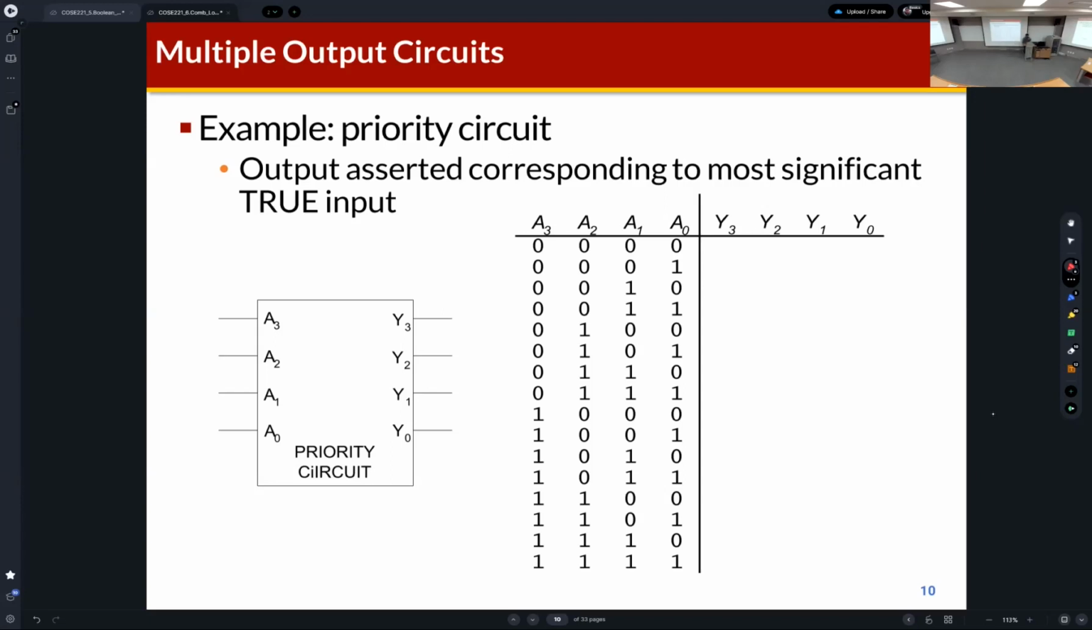Actually, Y3 represents that if A3 is 1, Y3 becomes 1. Which means that the four outputs represent the location of the first one from the left to the right side. For example,